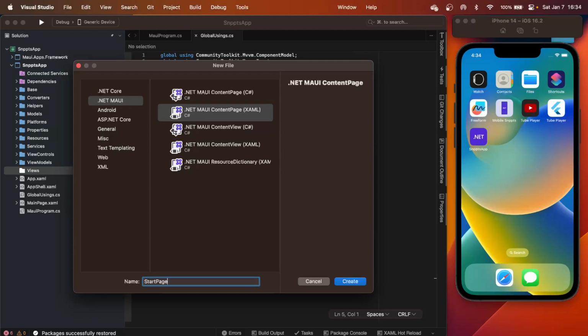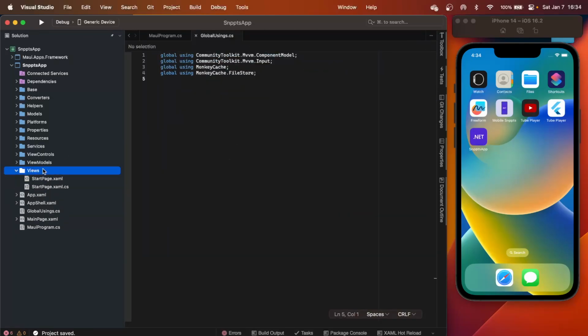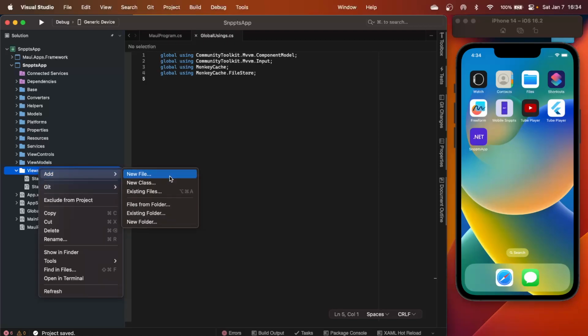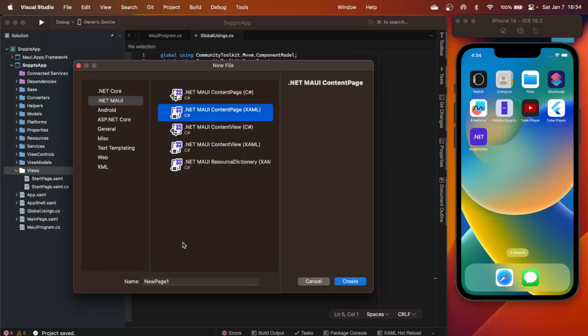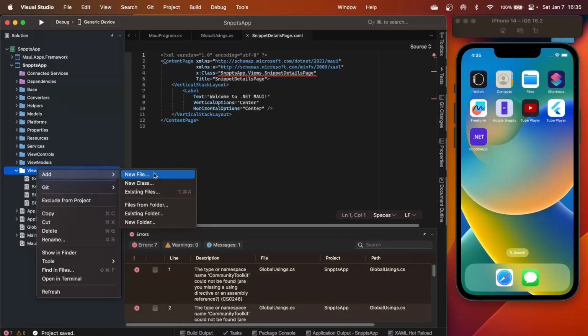So I'm going to call it a start page. This is the page that will come up when the application is launched. You can also consider it as your dashboard page. So we have a start page. We will have a snippet details page. This is the page that we will use for displaying the details about the snippet. We will have another page,